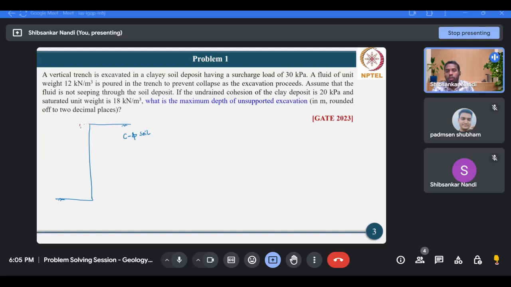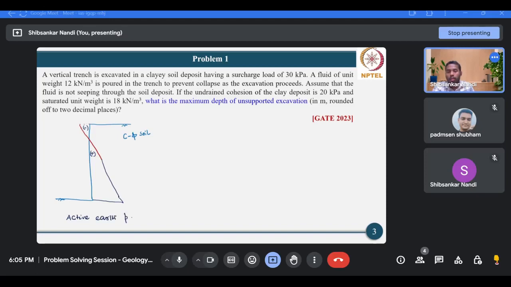There will be some portion which will be under tension, and then the remaining portion will be under compression. Okay, suppose this is the earth pressure diagram, and obviously this is the active earth pressure diagram. Okay, so in the case of active earth pressure only, we'll get this type of distribution,